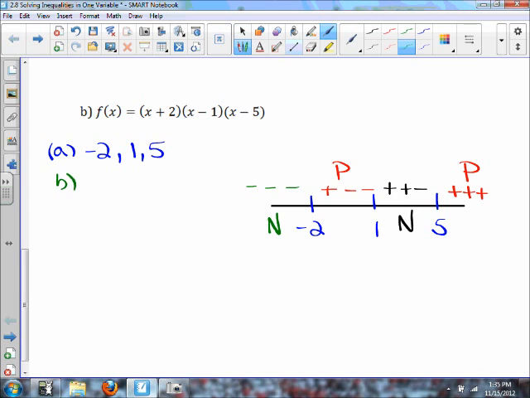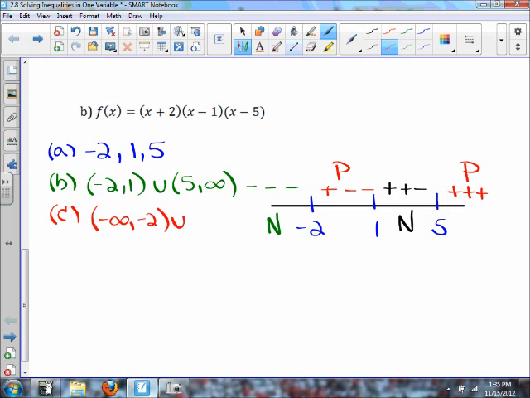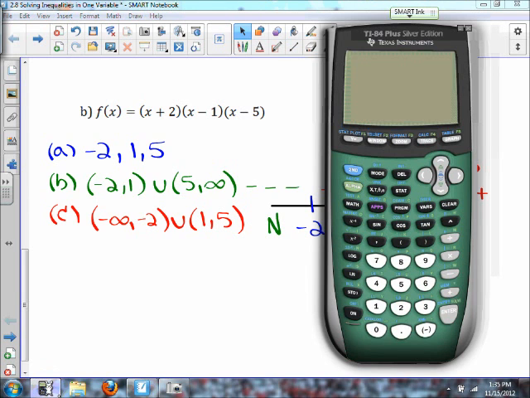Where it's going to be positive for part B will be in the region negative 2 to 1 in union with 5 to infinity. Where it'll be negative will be from negative infinity to negative 2 in union with 1 to 5. Now, if we graph this,